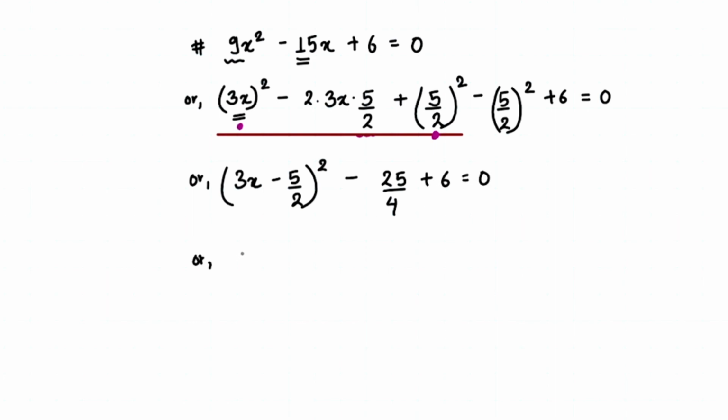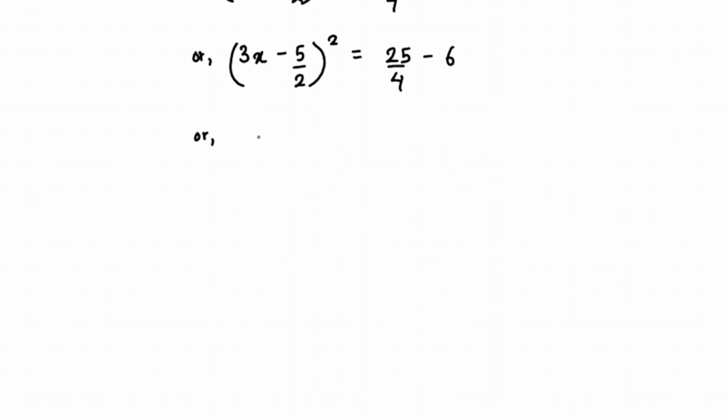Now let's just copy this part. So we have (3x minus 5 by 2) whole square. Now moving this 25 by 4 and plus 6 over to the other side. So we have equals to minus 25 by 4 becomes plus 25 by 4. Plus 6 becomes minus 6. Now we have our (3x minus 5 by 2) whole square over here